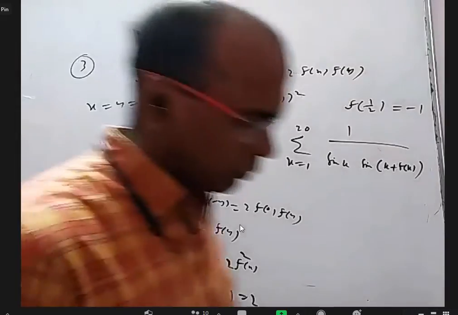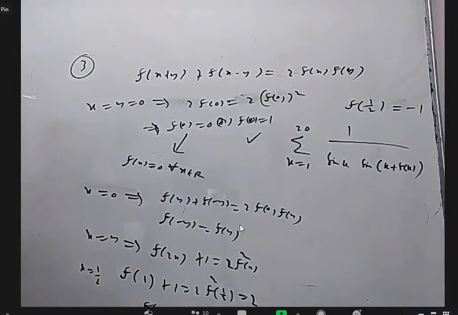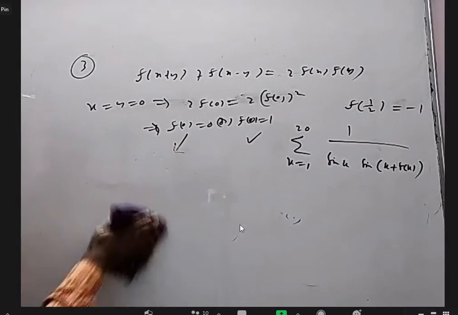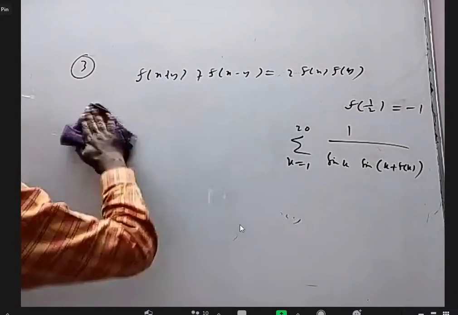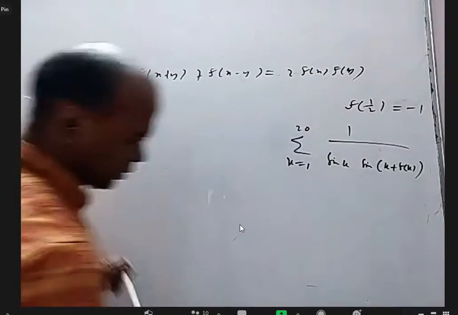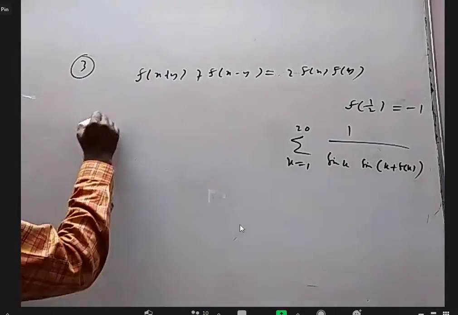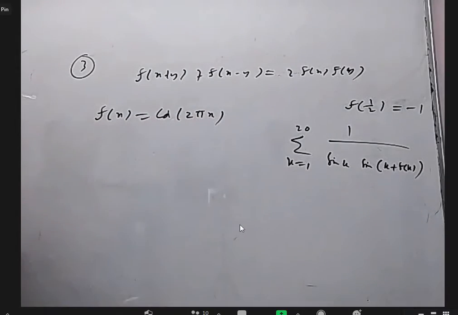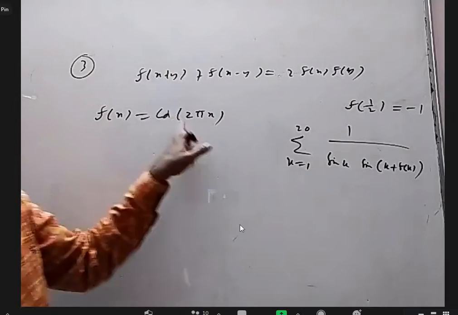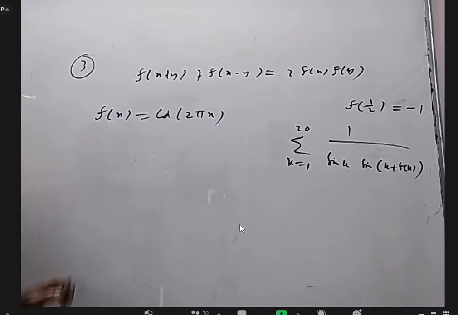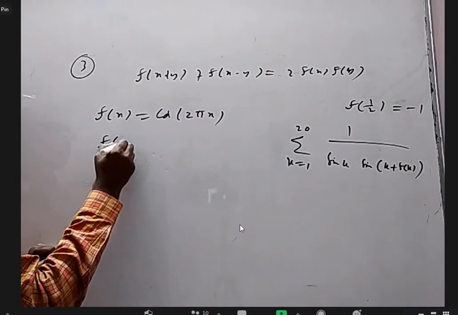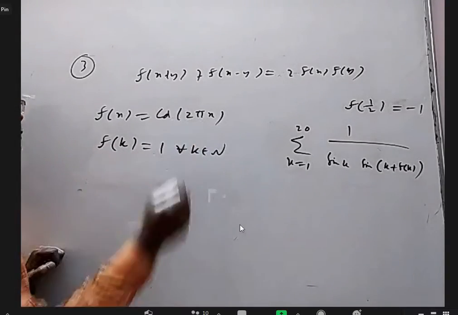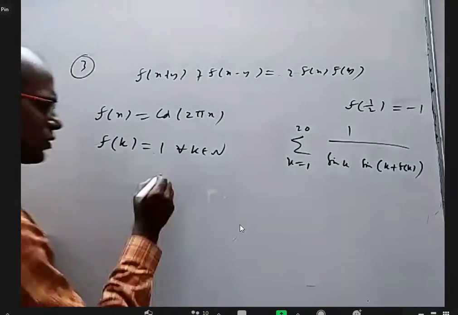Okay. Without assuming it is cos x, it can be proved. Otherwise, I can prove it is cos x, also not an issue. Just I'm exploring different ways of doing it. So without all this, we'll think about in detail later on. I just want to state that f of x is cos 2 pi x. Anything is okay, but you should satisfy this data based on that. And not only that, f of k is equal to 1 for all k belongs to natural numbers. So I have to just prove this is 1, that's sufficient now.